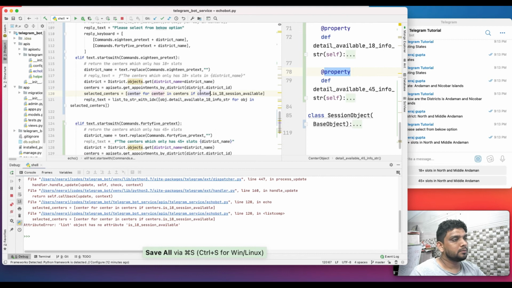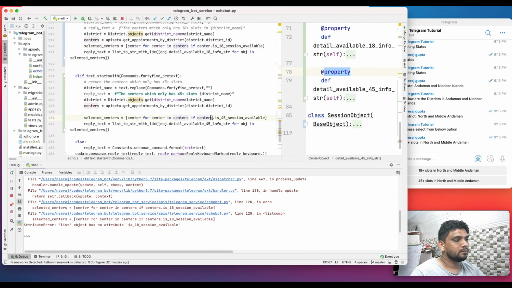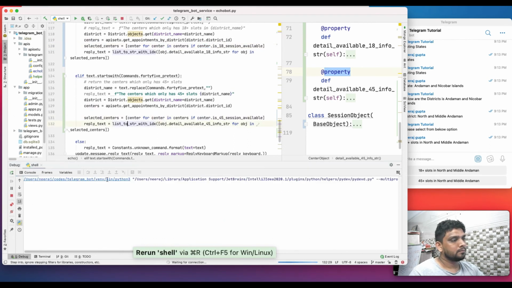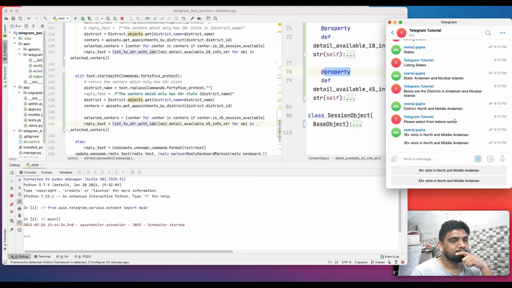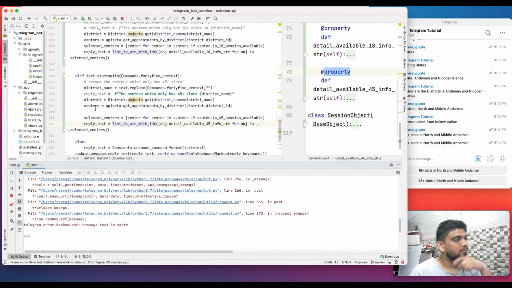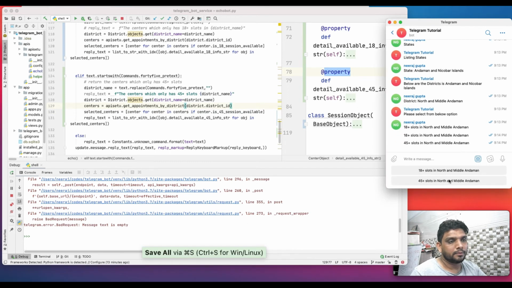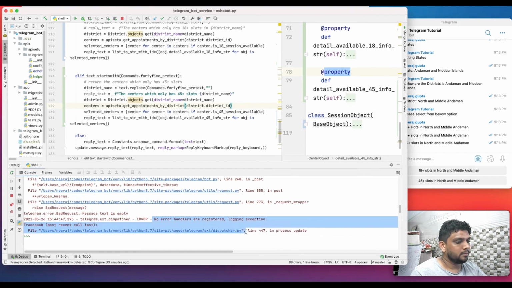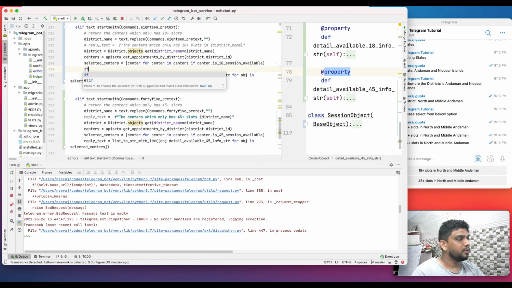It has to be a center. It says message text is empty. Okay, let's see, maybe there are no centers at all.